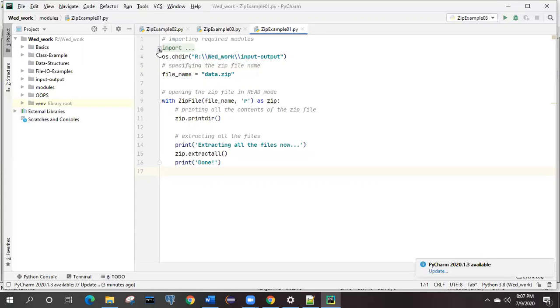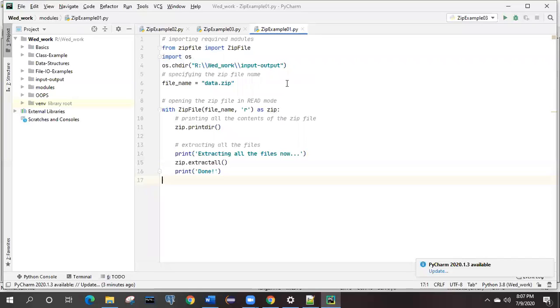Here, if we expand this code, we have one module known as zipfile. It is a Python inbuilt module, and based on this, we are going to make use of the functionality available for extracting, making zips and other things. So how are we going to do it, and what things do we need to take care of?